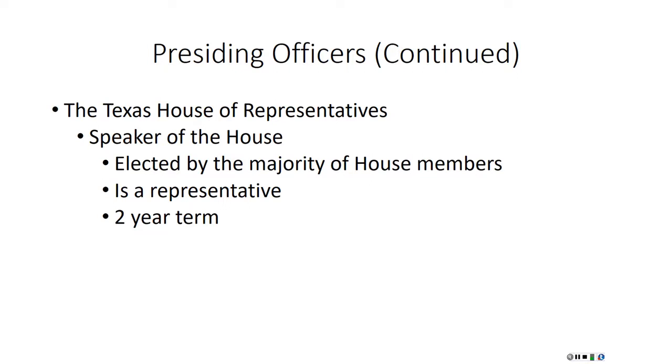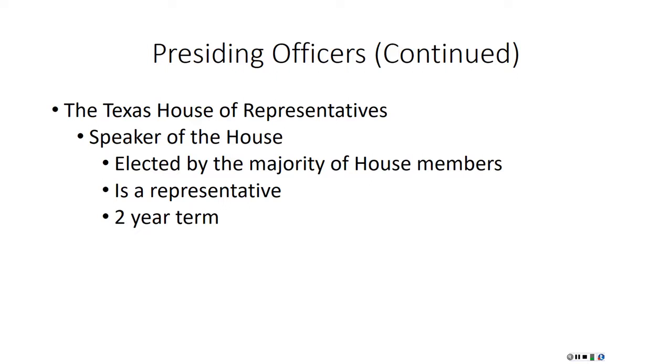They serve a 2-year term as Speaker of the House. So every 2 years they win re-election. Then they have to come back to Austin and they have to run for re-election as Speaker. Most of the time they win. They have pretty much the same powers of the Lieutenant Governor. One I didn't mention for the lieutenant governor, but he has, like the speaker, is when a bill is filed